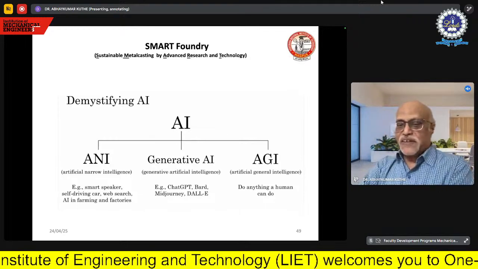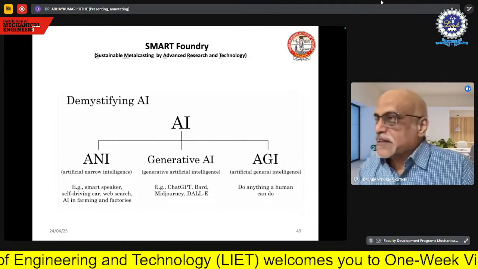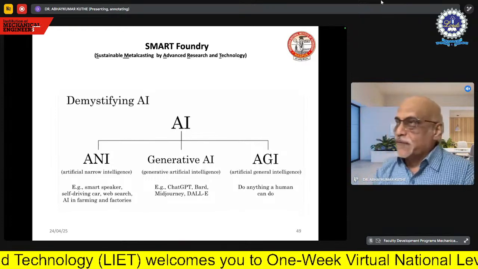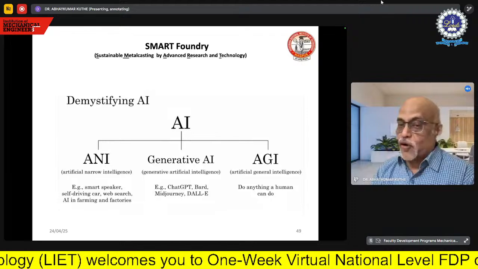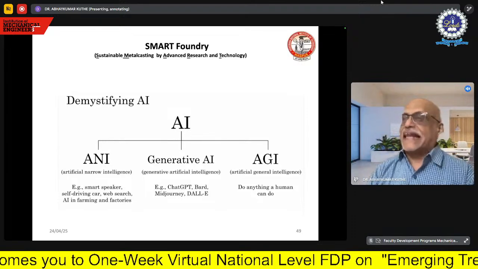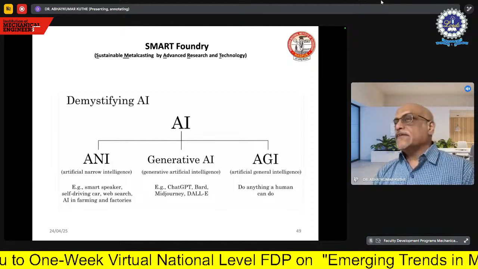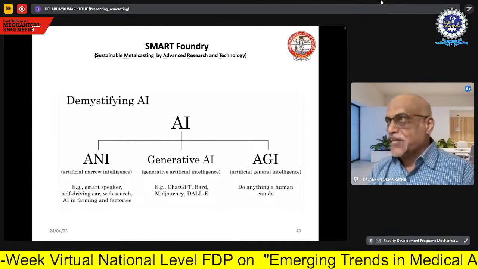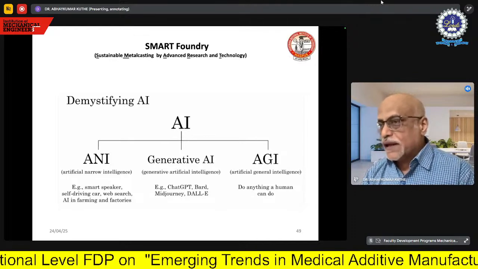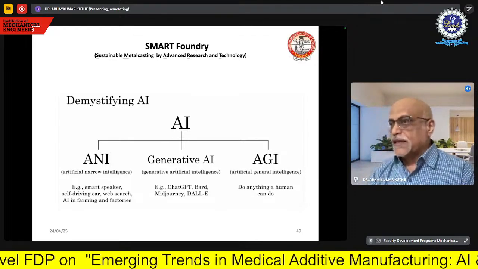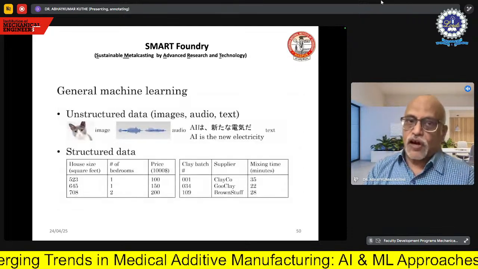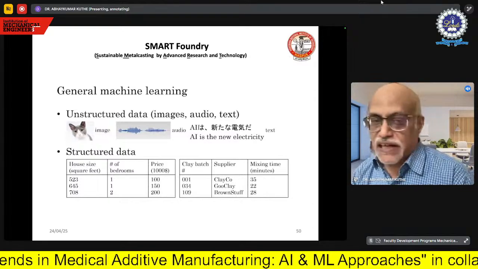So out of that, you can see here, the artificial general intelligence is really very tough because you will have to be very, very careful as you are now competing with the human. But narrow intelligence, which we generally call ANI, is possible. That is because if you can generate the data, then you can develop the model which will actually help you in getting the decision made. So that's what exactly we always talk about whenever we talk about machine learning.